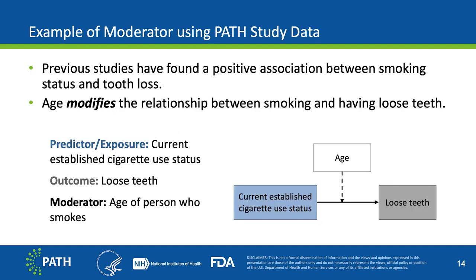Here, we selected a simple example using past study data to demonstrate moderation effects. A previous study found a positive association between smoking status and loose teeth. For our model, we are considering age as the moderator, which can modify the relationship between smoking status and loose teeth. The predictor, or the exposure variable we are interested in, is current established cigarette use status. The outcome is whether people had a loose tooth in the past 12 months, and the moderator is the age